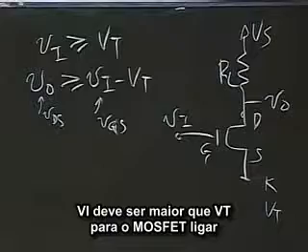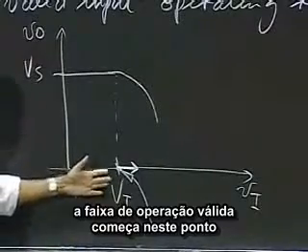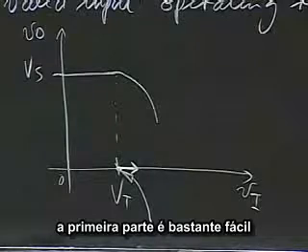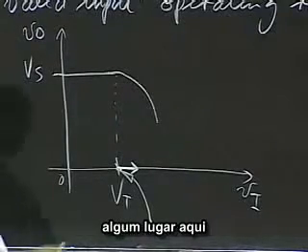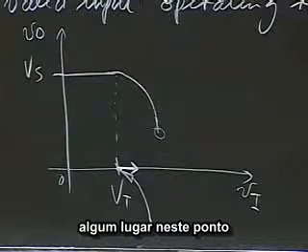So VI must be greater than VT for the MOSFET to turn on. And so therefore, the operating range starts at this point. The valid operating range starts at this point and is somewhere up here. Okay, so the first part is pretty easy. Somewhere here, somewhere at that point,